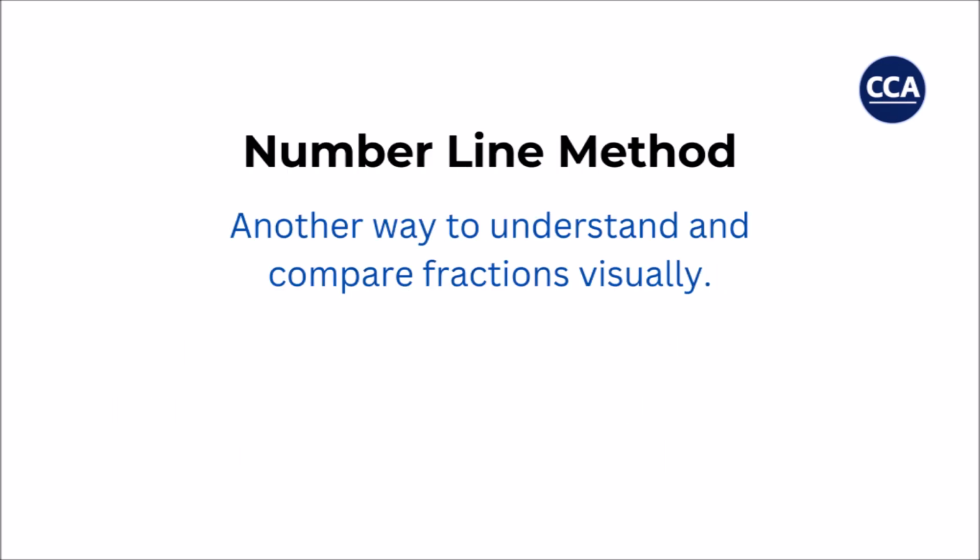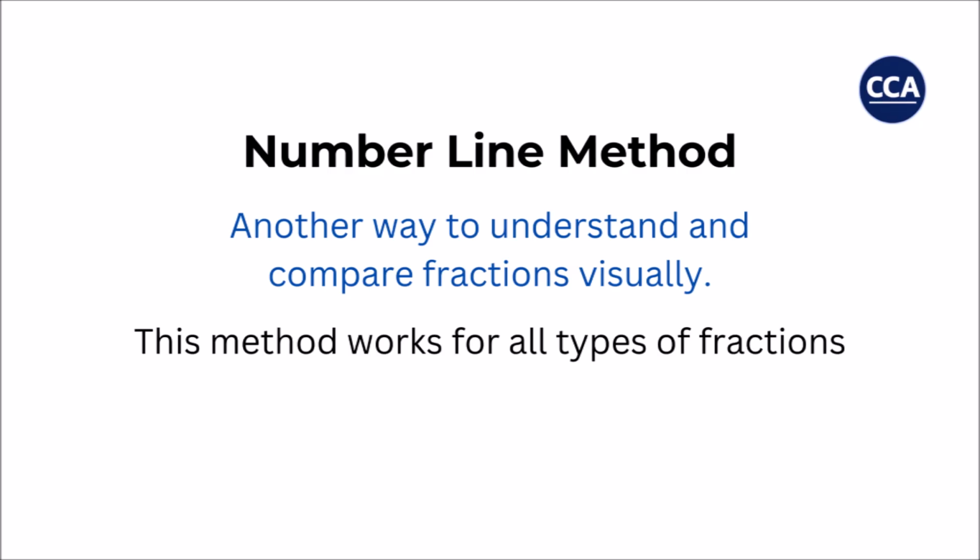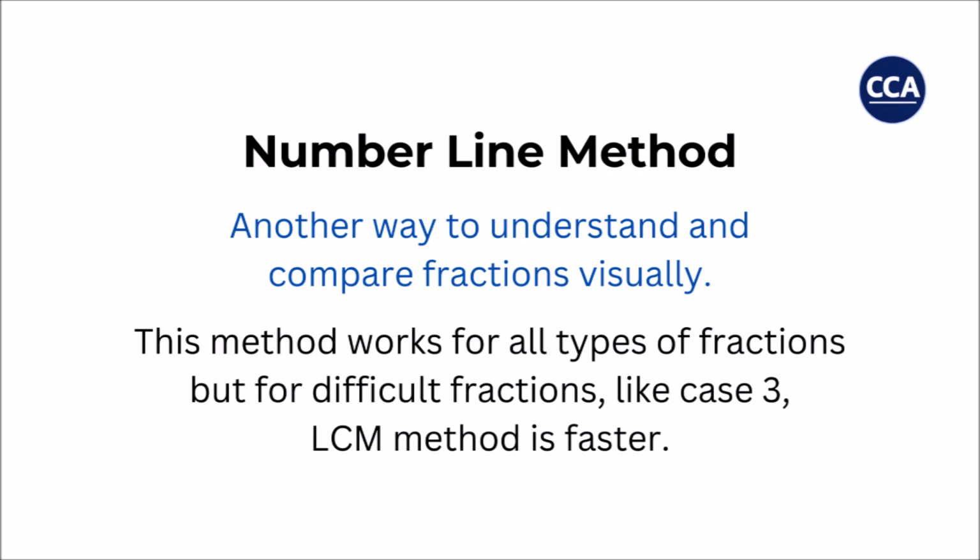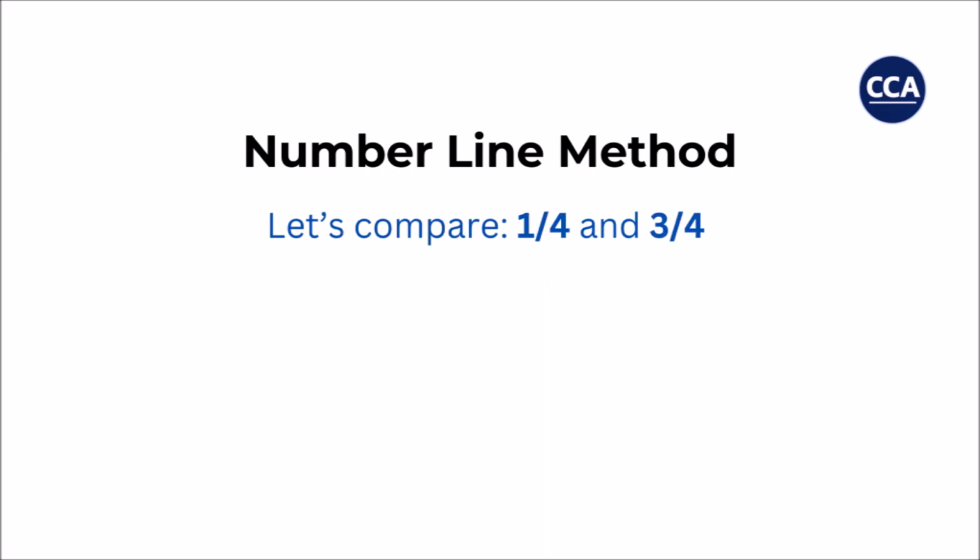Number line method. This is a general method to understand and compare fractions visually. This method works for all types of fractions, whether the denominators are the same, the numerators are the same, or both are different. But for difficult fractions, like case 3, the LCM method is faster. Let's understand this method with the help of an example. Suppose we need to compare 1/4 and 3/4. First, we draw a number line from 0 to 1. Then we divide that line into as many segments as the denominator. And as this is a case 1 comparison with the same denominator, which is 4,